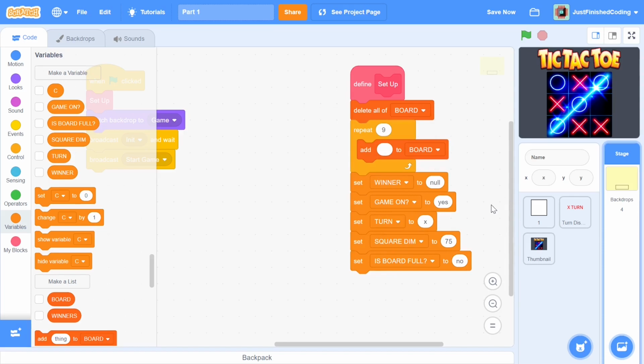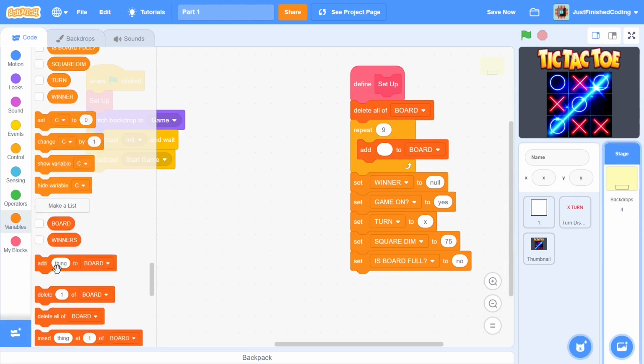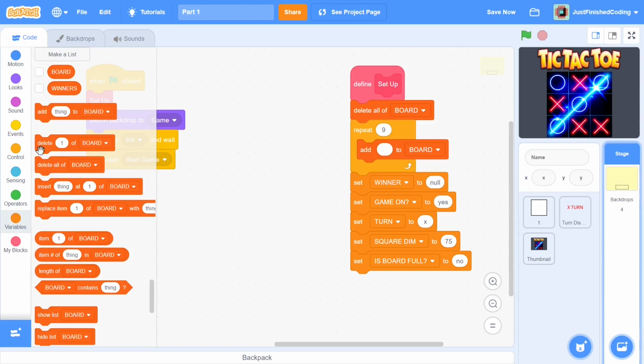And now we can get into the winners list. So first we'll start this off by deleting all of winners. Okay, so delete all of winners. Then we need to add a couple of things. So let's imagine a 3x3 grid where you have all these squares, and the top left is 1. Then you have 2 on its right, then 3, and then below that you have 4, 5, 6, and finally below that you have 7, 8, and 9. So that is our board, and we need to think of every way through which a player can win.